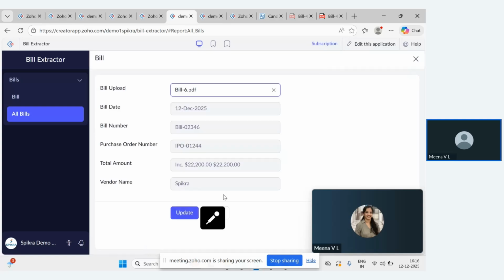So if you could see, as soon as I uploaded the bill copy, it has given me the fields that I asked for. So if you don't want to see the inclusive of what it is, then you can just remove it with the workflow. As I said, you can extract the details, and if you want to tweak any details that you have got, you can just remove it from this total amount field. So this is how the extractor will work.